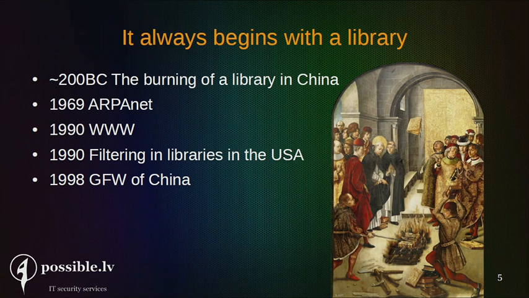Filtering of online content was limited to only libraries, and there were good reasons. But even back then, even in 1990, there were libraries who joined on the side with the censors, and there were some libraries standing out and saying, our goal is to provide free access to information, and we are not going to be censored. A bit more into the future, in 1998, the Great Firewall of China was created. And we're going to take a look at China when we get to the country studies later on.